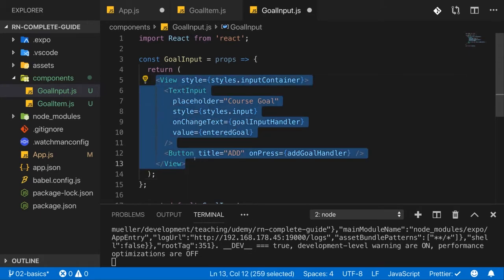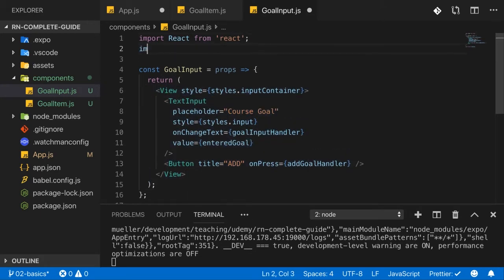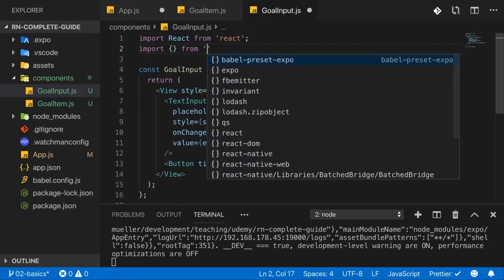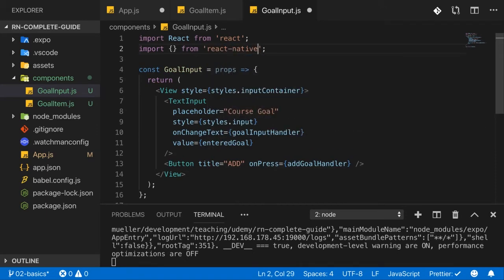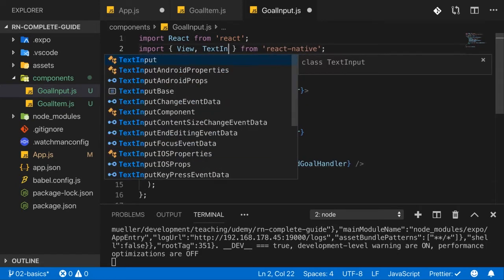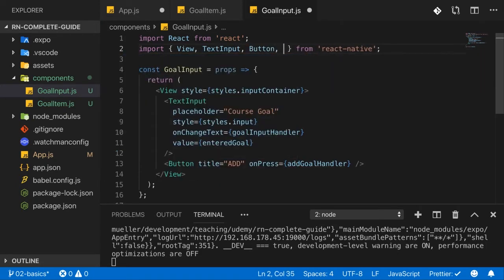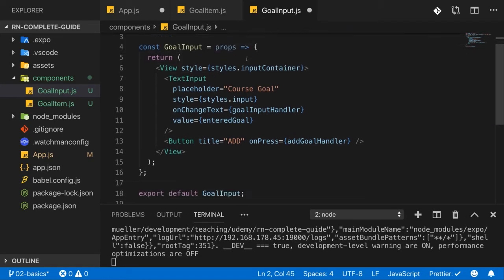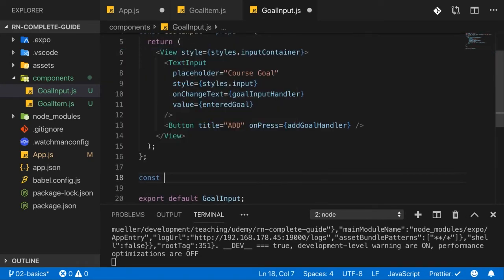and nicely formatted. And of course, we now need to again import stuff from React Native because we're using a couple of components from React Native. We are using the view component, we are using the text input component, we are using the button component, and I also want to use the style sheet component to set up my style sheet object. So for that, let's add styles here with